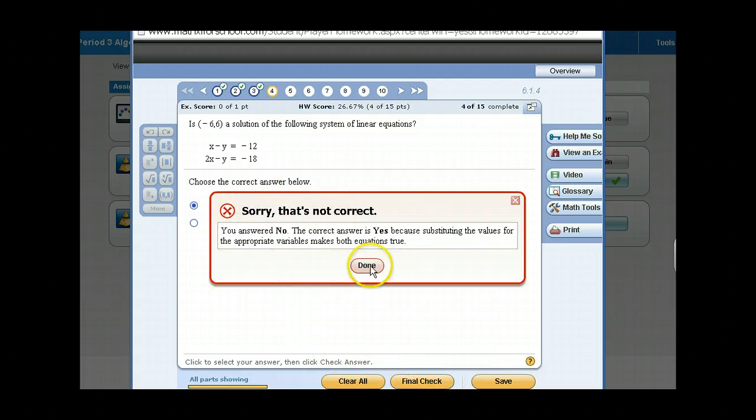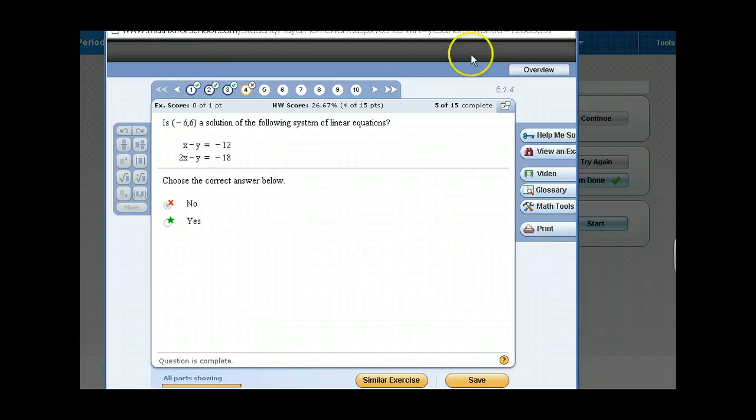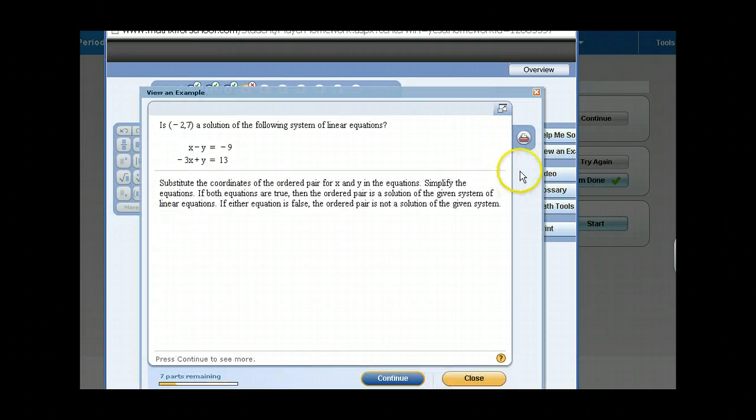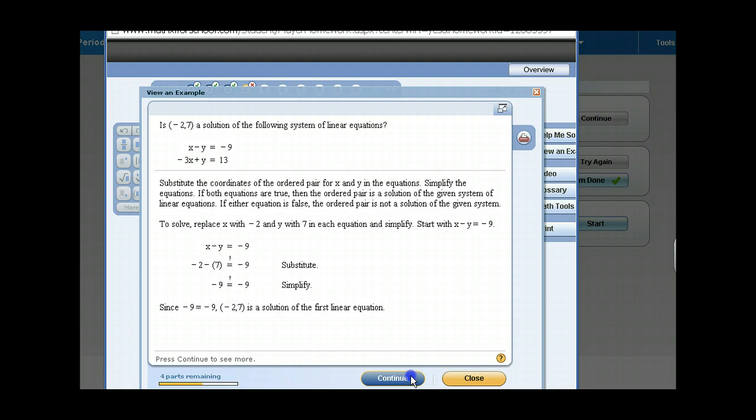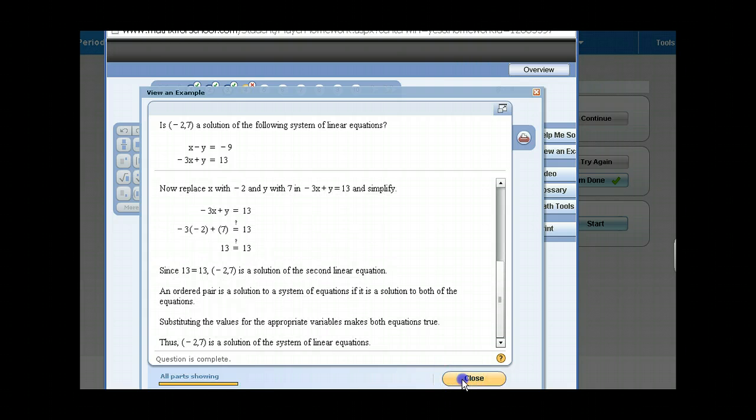Sorry, this is incorrect. Well, now you press done, and you can do a couple of things. You can say, help me solve. You can say, view an example like this. So here's a similar problem, and they'll walk you through each step on how to substitute, simplify, how to get your final answer. Now, once you press closed,